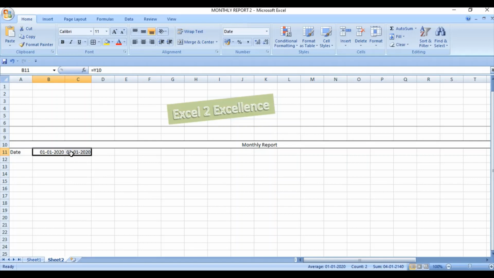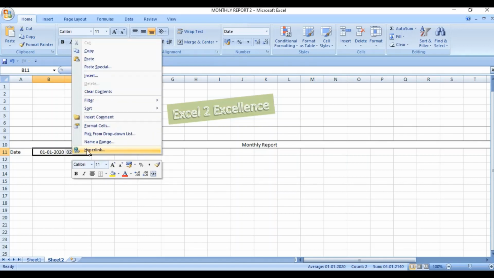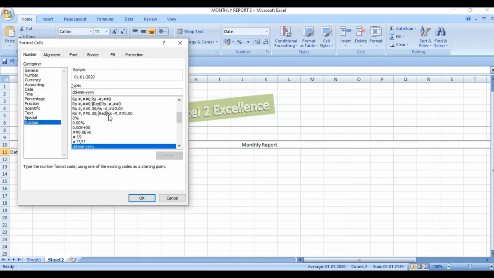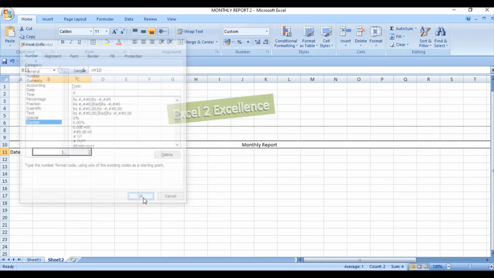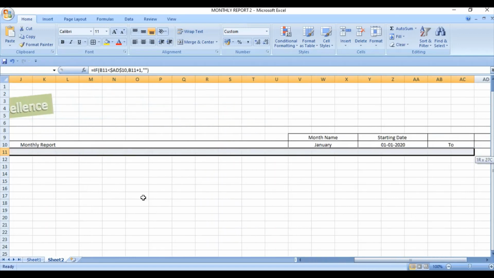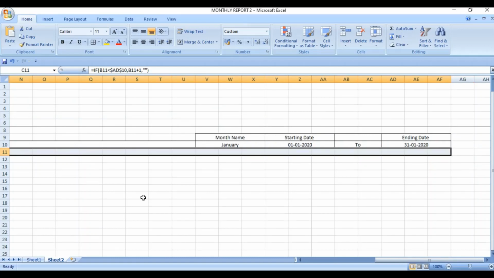Friends, again reformat this, because in this particular case we require the numerical value of the date. So again format this cell, custom, this is our date format, custom it, select only D and press OK. In turn it will reflect us the numerical value. Now copy this function to the column reference AF simply by using the function Control R.